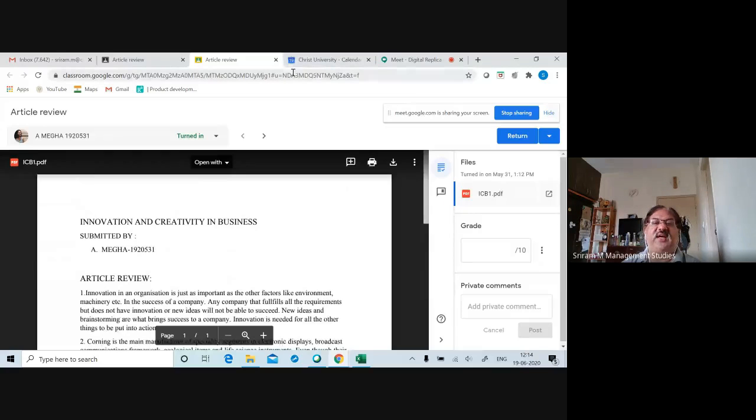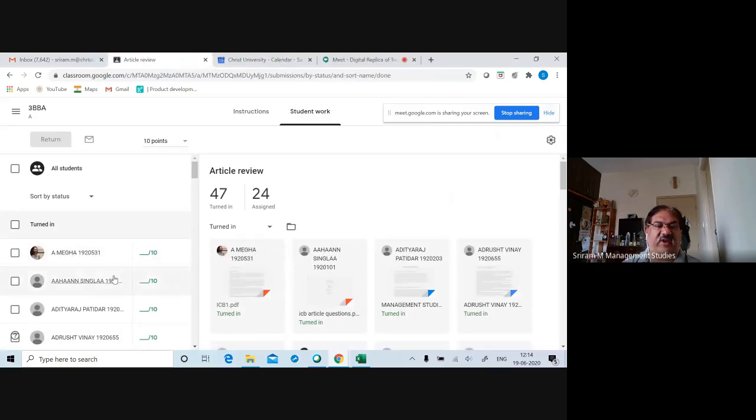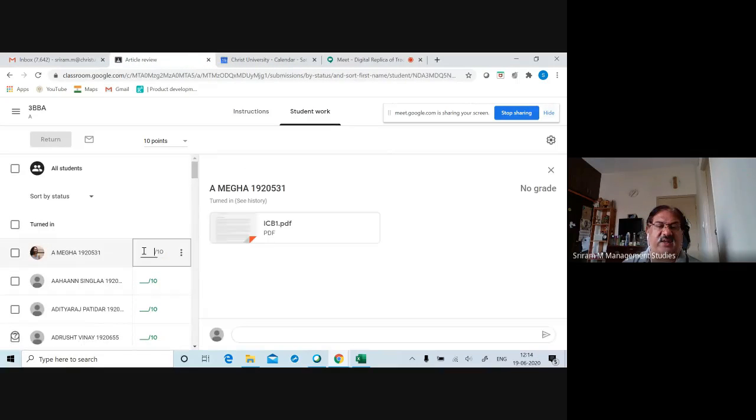I'll go through this, and based on this I'll give them the marks. I can close this after I read it, and here I can enter the marks. Let us say I'm giving only 6 out of 10. And the moment I put return, it will go to that particular student. As of now I have not graded it, so I'm not putting anything. If I put return, these marks will go to that student.